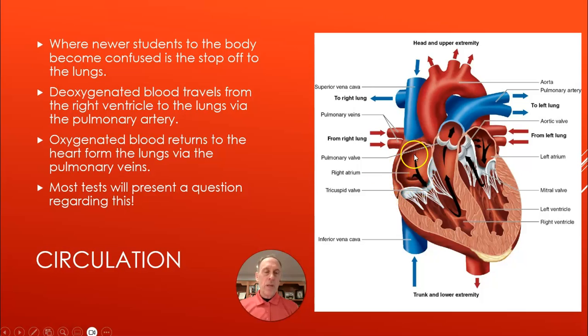You have the right atrium, which dumps into the right ventricle. And remember, we're looking at it as if this was sitting in a person's chest in front of us, so it's the right side of their body, not ours. The right ventricle swishes the blood up and out to the left side and the right side, and that's done through the pulmonary arteries. And this is where students many times get tripped up on a test question because you have blood in the heart and you're thinking artery and veins, and then the question that comes back is usually this: oxygenated blood, true or false, returns to the heart from the lungs via the